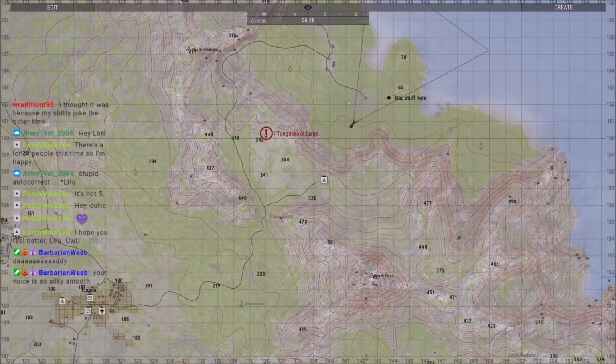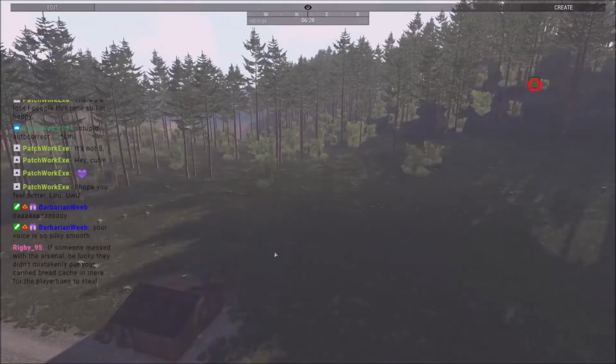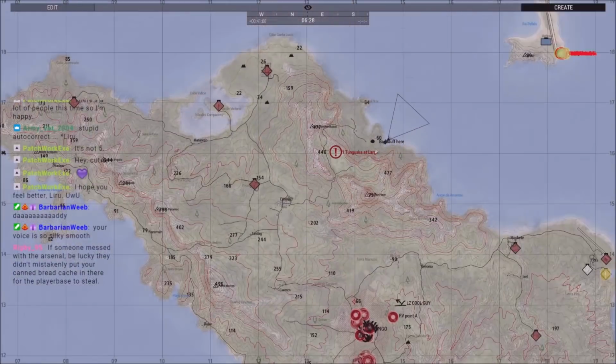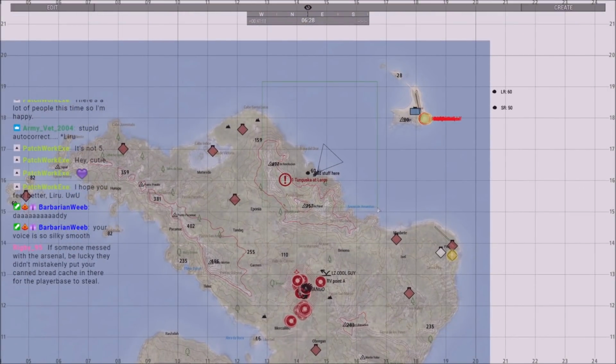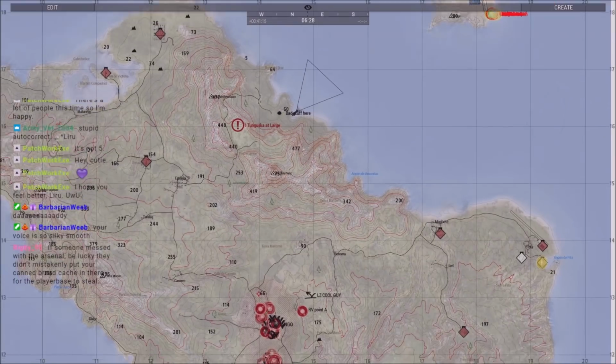Also, I don't have the Tunguska spawned, because I don't trust Tunguskas with the amount of AA range they have. It can snipe things up to 10 clicks away. So I've just told them, don't fly over here, and if they fly over here, then I'll spawn the Tunguska and murder them, so...